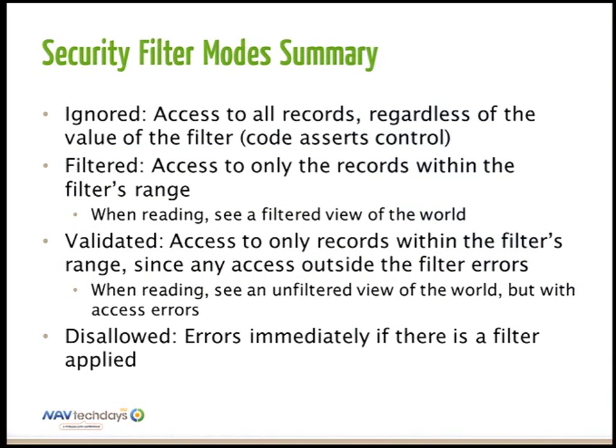So what you saw was that we had a property on each record variable, and you now have 4 modes that each record can work in with respect to security filters. The first one is ignored, the one that we used. This is when you say, okay, I know that this code runs in a safe way, so if anybody sets up security filters, I can ignore them, and I know that I will not expose data that is not used. It does put a bit of responsibility on you. You can't use this if, for instance, you're dumping some data to a file or something. Then you could expose data that an administrator wants to prevent the user from seeing. But it gives you the power to